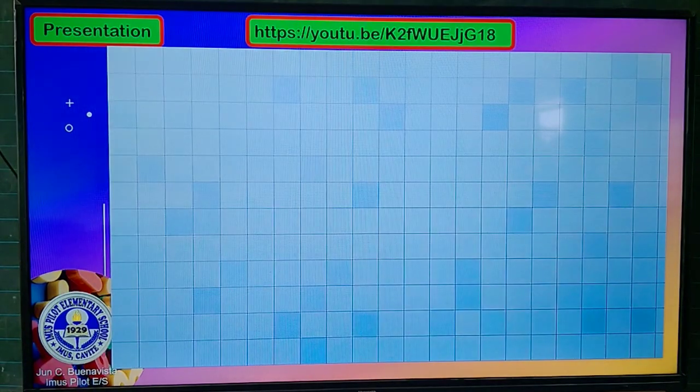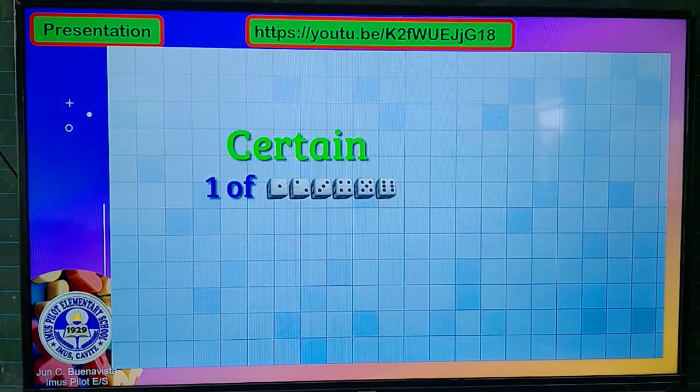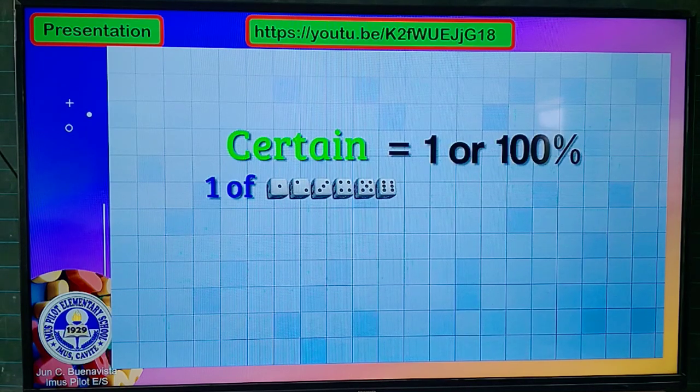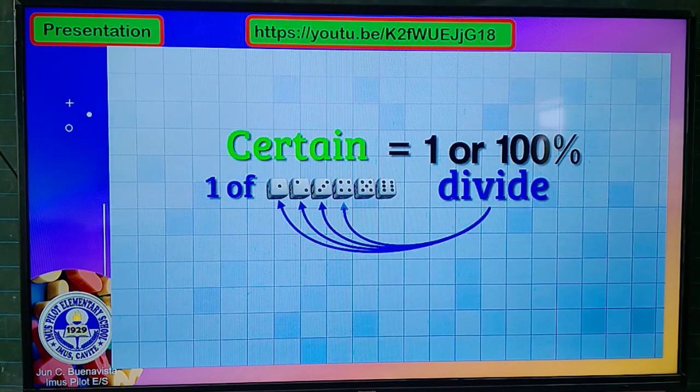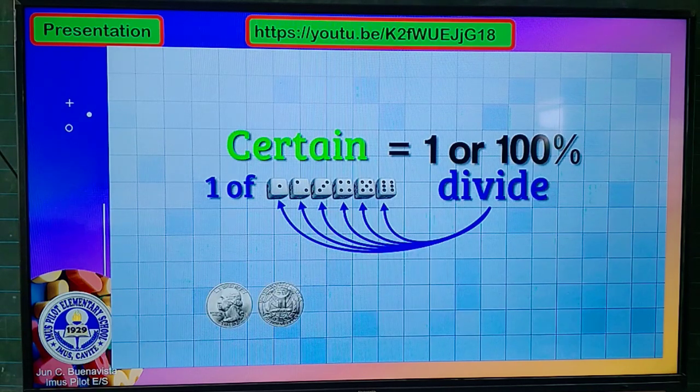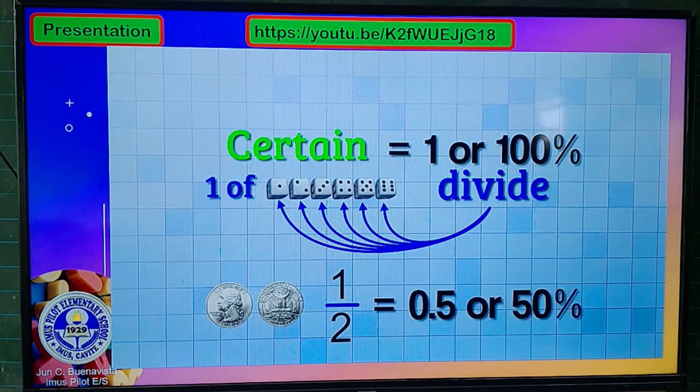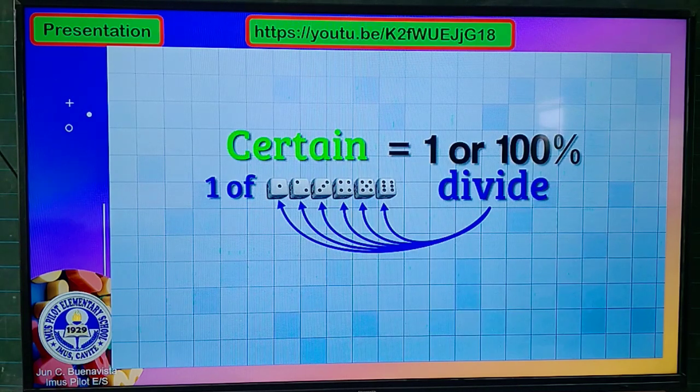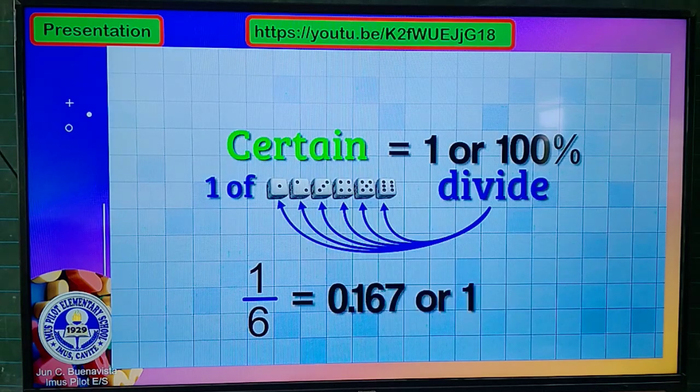One way to think about it is that it's certain that one of those 6 sides will land facing upwards, which is a probability of 1 or 100%. But since only one side can face upwards for a given roll, we have to divide out that value among all the possibilities. In the case of a coin toss, since there were only 2 possibilities, we had to divide the probability by 2. 1 divided by 2 is 1/2, which is the decimal 0.5 or 50%. But with the die, we need to divide the probability up evenly between 6 possibilities. 1 divided by 6 is 1/6, which is equivalent to 0.167 or 16.7%.